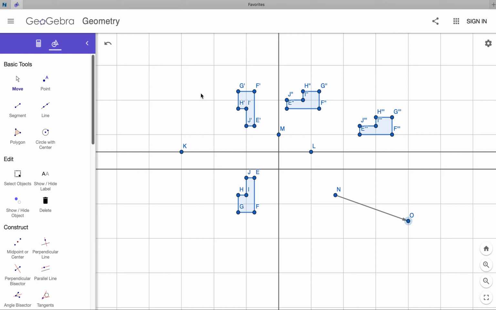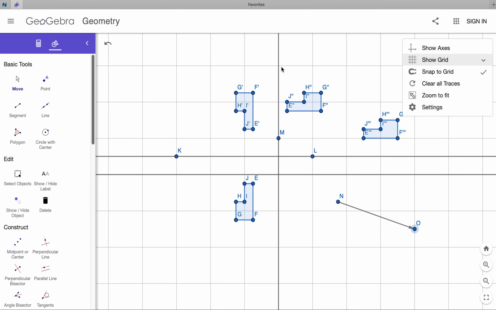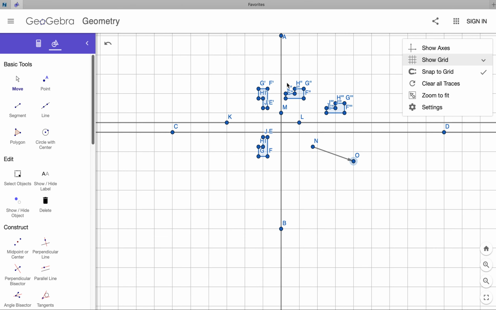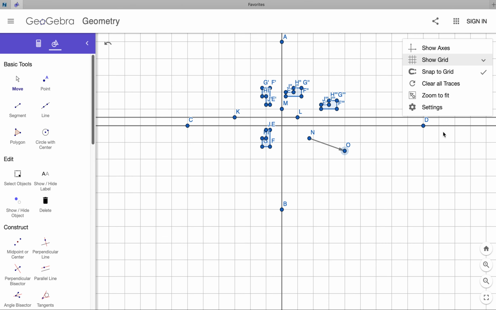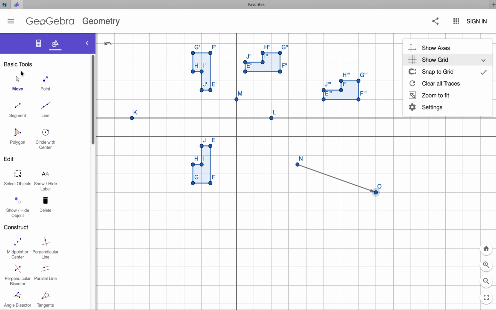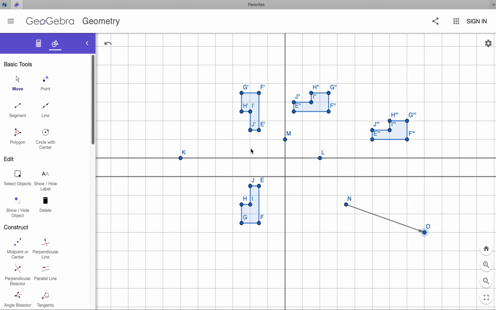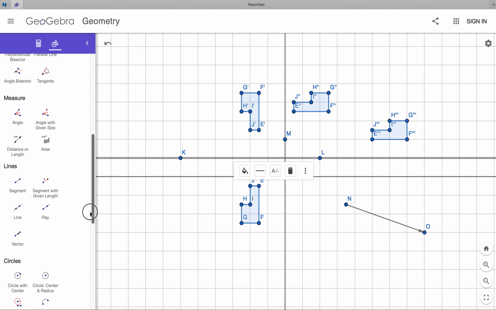Again, I would encourage you to get on GeoGebra. You can just Google GeoGebra geometry and you get to this. You can come over here and make the grid and draw these lines. Those lines aren't there by default. I have to draw those lines using points A, B, C, and D. Then I just zoom in, so you might think that's an axis, but it's not. Those are just lines I made that form the x and y axes. You can put in other lines, you can put in other points, and then down here you can play around with